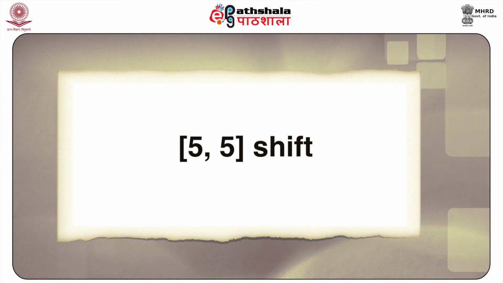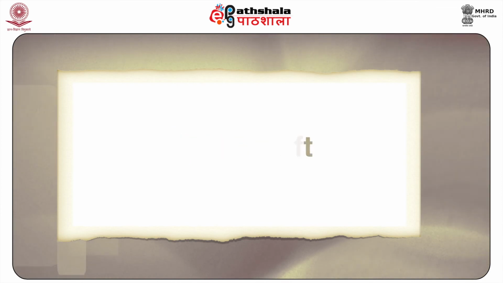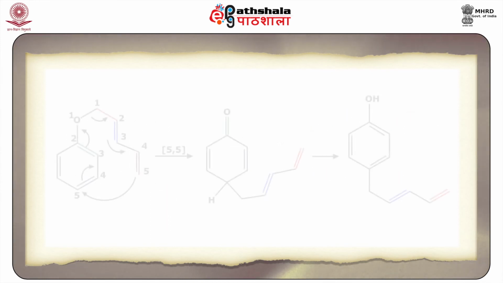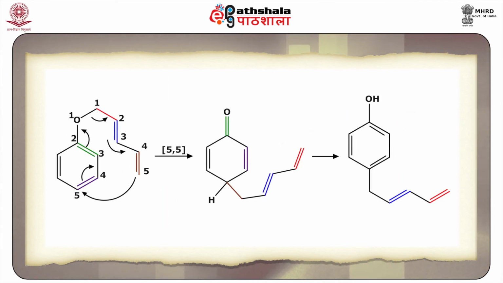Next, let us consider 5,5 shift. Let us consider the 10 electron systems that include 5,5 sigmatropic shifts. As shown in the reaction, the 5,5 sigmatropic rearrangement of 2,4-pentadienyl phenyl ethers can be considered a homologous reaction to the Claisen rearrangement. As you can see from the mechanism,